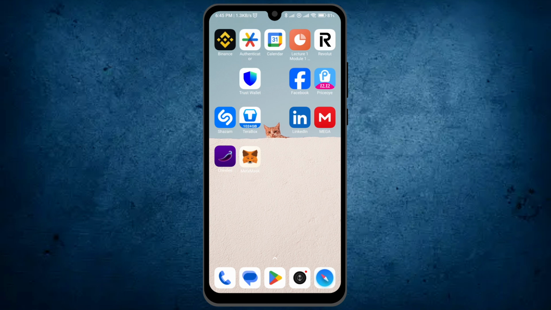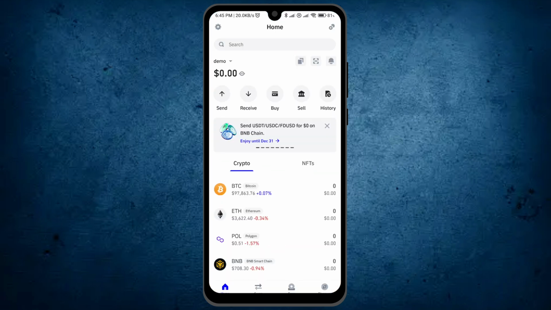Hi guys, today we'll explain how to add Ethereum in Trust Wallet. This process is really simple and easy. What you have to do is just open your application. Once it is open,